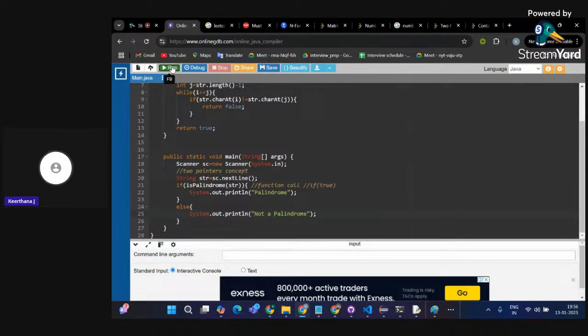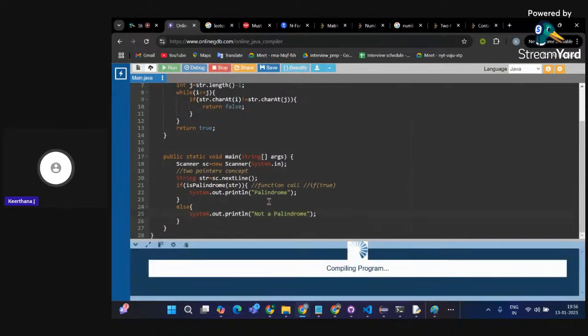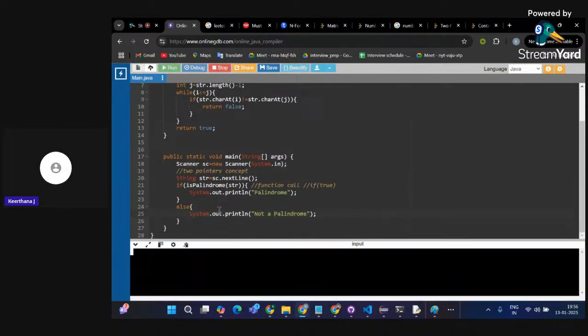Okay, so yeah, let's give a string input. I'm giving RACECAR. Oh, okay, one second.